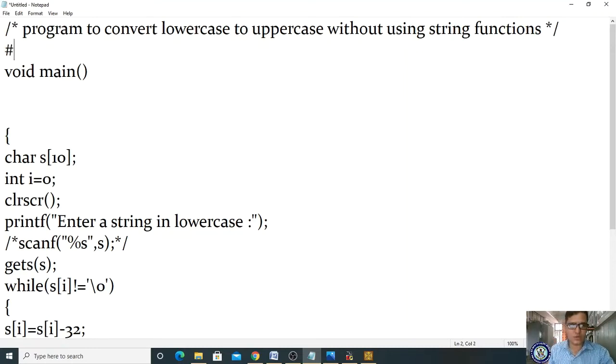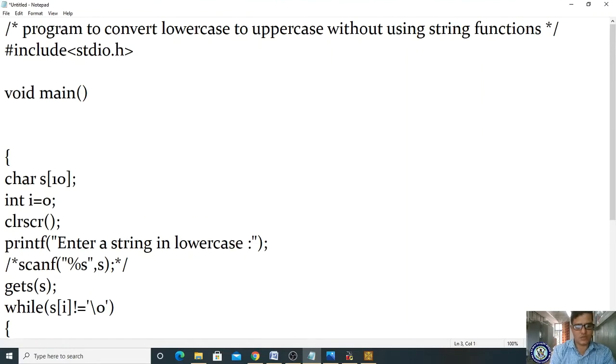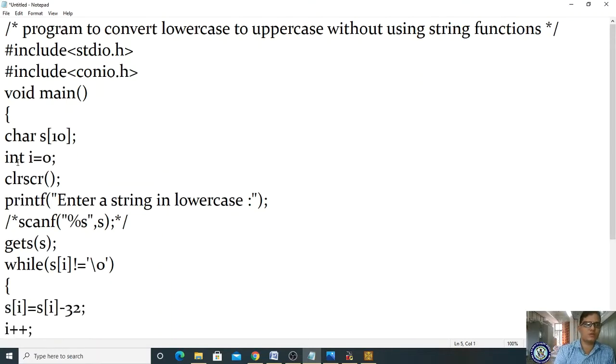Okay, so #include stdio.h; #include conio.h is common, but this program explains how you convert a string into lowercase and into uppercase without using strlwr and strupr.